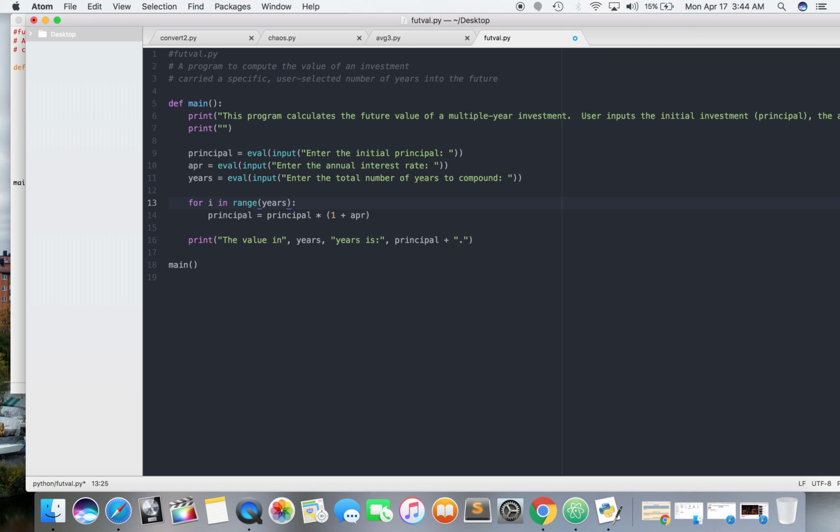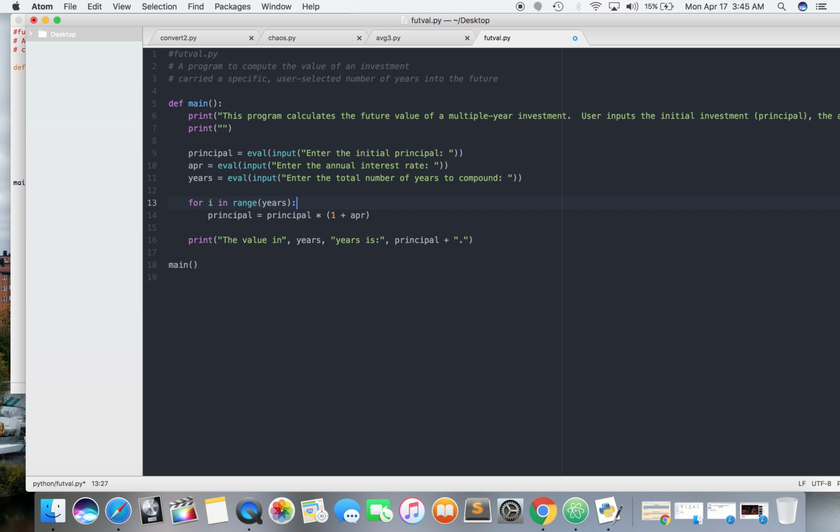it's gonna, because remember, with this, if you've got a number like 10, it's gonna go from 0 to 9. So from 0 to 9, it's gonna be years plus 1, right? Because instead of the 0 to 9, it's gonna go from 1 to 10. So it's gonna be in range, but that'll just go from 1 to, I think it's gonna be years. So